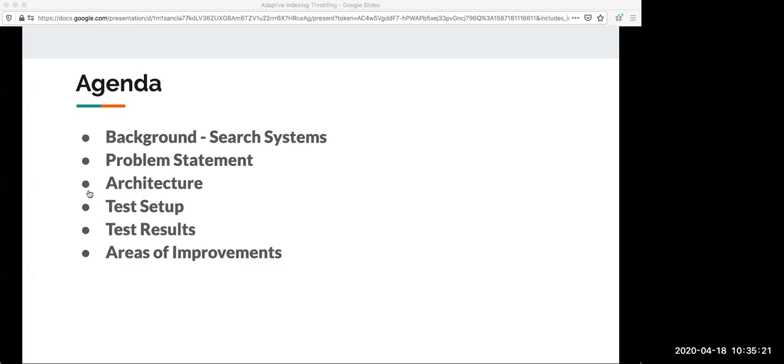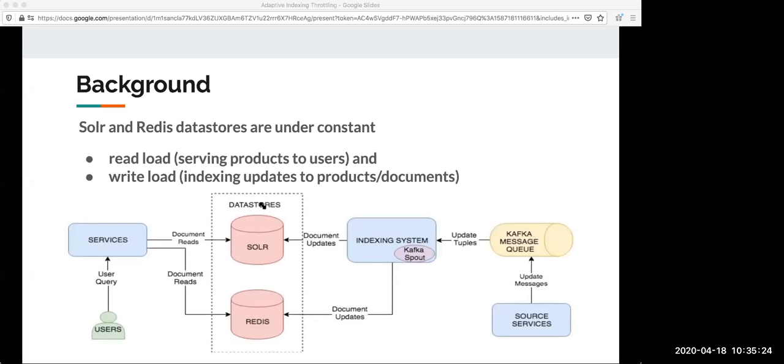Now we'll see how it is set up as an architecture. We'll start from the far right, where there are source services. In an e-commerce setup like Myntra, source services could be anything from discount services, catalog services, to inventory services. All these services are the source of truth for the information. If the discount service says that this product has 50% off, then it has 50% off.